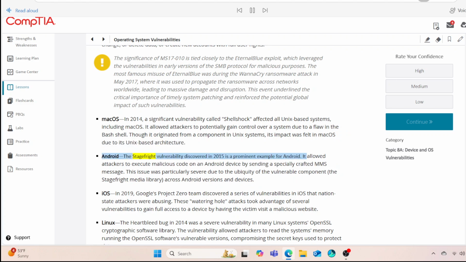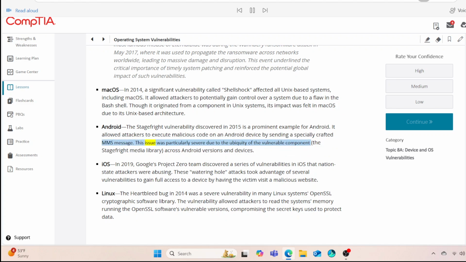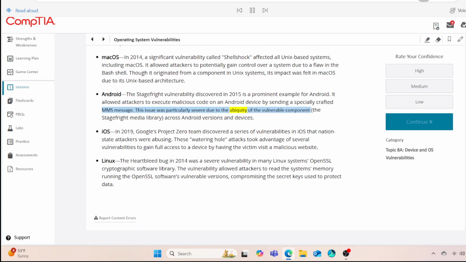Android. The Stagefright vulnerability discovered in 2015 is a prominent example for Android. It allowed attackers to execute malicious code on an Android device by sending a specially crafted MMS message. This issue was particularly severe due to the ubiquity of the vulnerable component, the Stagefright media library, across Android